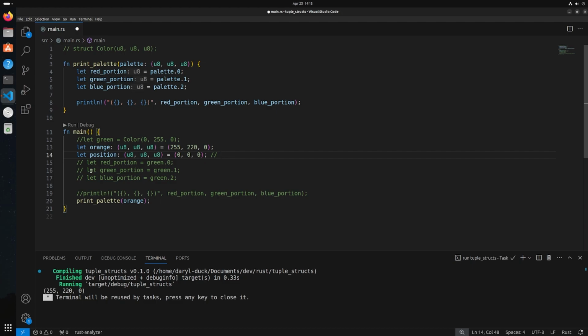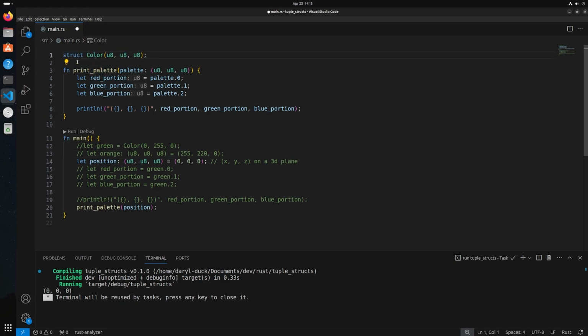Now, this is not a color. This is now basically X, Y, and Z on a 3D plane. All right? But I can pass this in. Why? Well, because we're only expecting a tuple of 3 U8s, right? So if I run this, it's going to go 0, 0, 0, but this isn't a color, right? And that's where this tuple struct comes into the picture. Because if I now come back to the approach of saying, okay, I'm going to change this to a color of U8, U8, U8. So instead of expecting